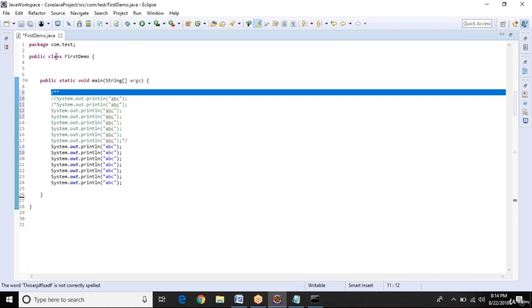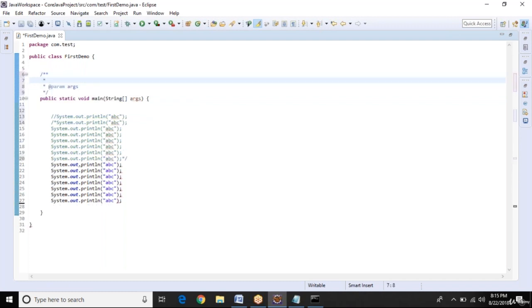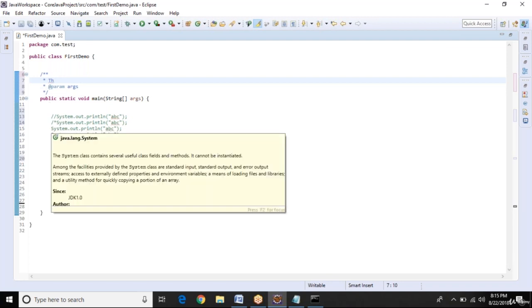So let me write this. If we have the main method, then we can write here, and it will automatically take all parameters, whatever we are passing to that particular method, and add them here. Now you have to write something about this method.